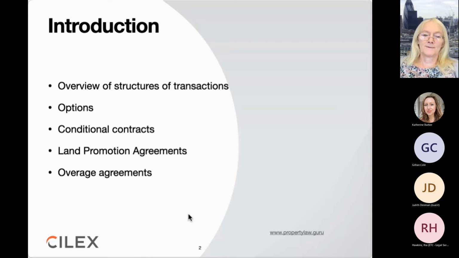So overage is something that we'll look at in the second half of this course, but it's important to see that it's going to occur in a lot of documents. The thing I found endlessly, sorry if I sound like a cynical old git, is the number of times I get heads of terms from agents and they negotiate all the things about the price and everything like that really well, and then the final clause says overage. There will be 50% overage on the usual terms, and I ring them up and say, "Yes, Steve, it's Hannah here."